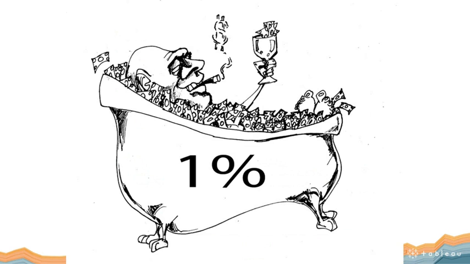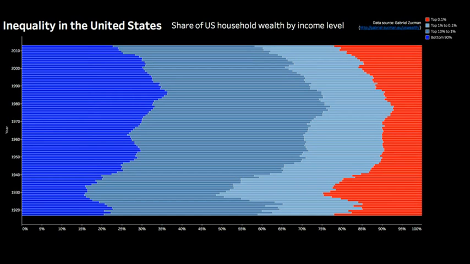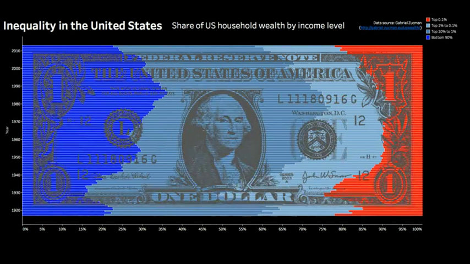Another example of that is if I wanted to show the 1% wealthiest, right? I could do a bar chart showing their share of U.S. household wealth by income level, and the red is that top 0.1%, right? There they are. As you go up, you go sooner more recent in time. But why wouldn't I put a dollar bill on top of that? That seems like it's something that would really draw people in a lot more. And you may say, oh, no, that's a foul. That occludes the data. That blocks the data. It makes it harder to read. True, but there's a trade-off at play here because I realize this is a topic about money, and it actually evokes an emotion, and there's value to that.